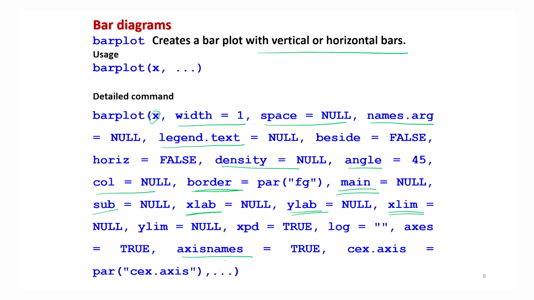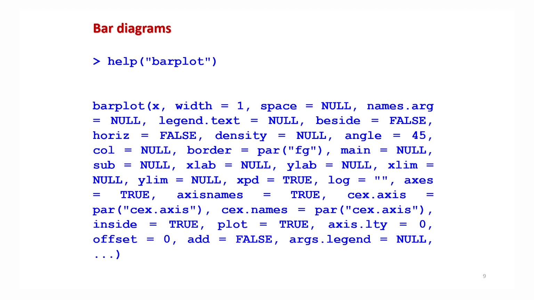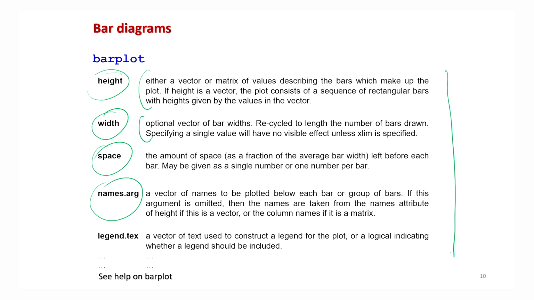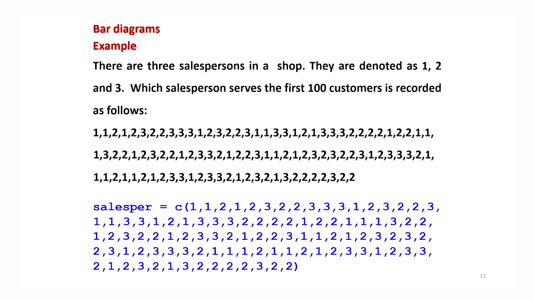So you can see you have to write this statement or this command only once after understanding it, and then it will give you the graphic which you want to control with your own hand. Right. And if you want to understand those things, you simply have to type help within double quotes barplot, and look into the help menu. You will get all the information. For example, what height is going to indicate, what width is going to indicate, space, names.arg, etc. Everything is written here in much detail. The only constraint is that you have to read it. That's all.